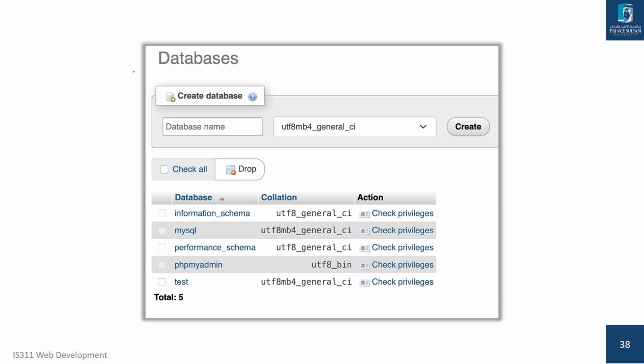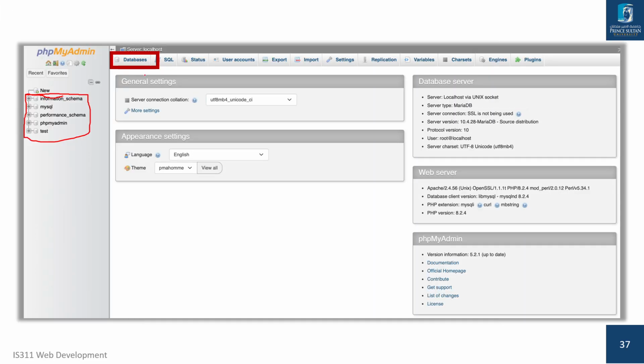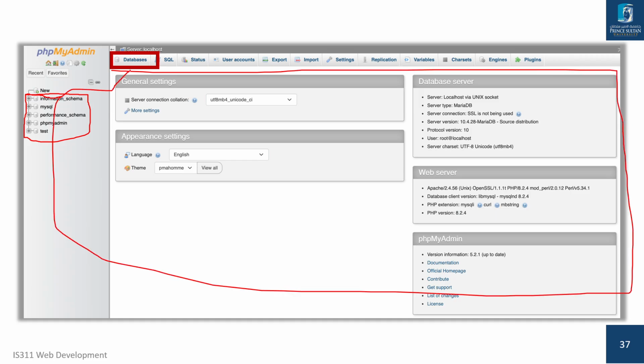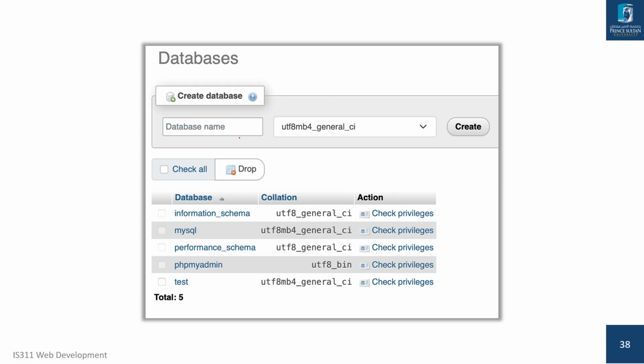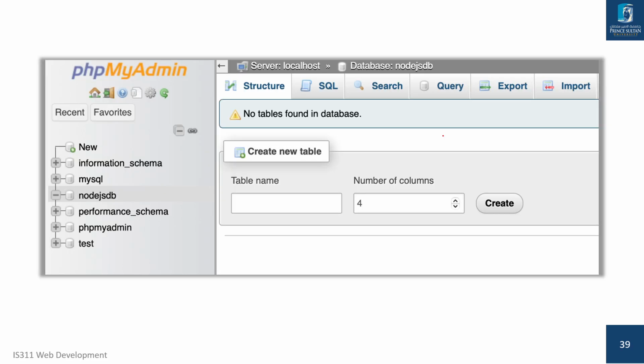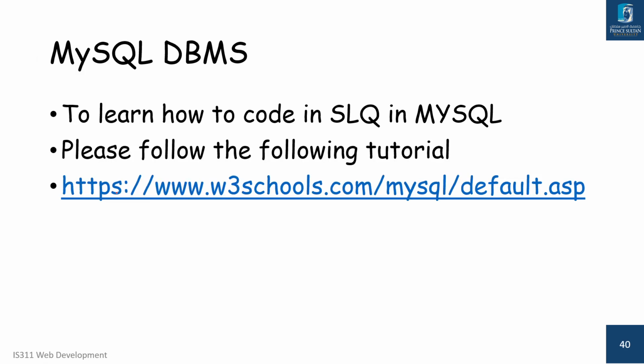database. And then when you click on that database, the main display area will be converted into this, where you need to provide the database name. So once you provide the database name, for example, Node.js DB, and then you click on the create button, it will create that database inside our MySQL server. Okay. So once you have created that, then the next thing that you need to do is